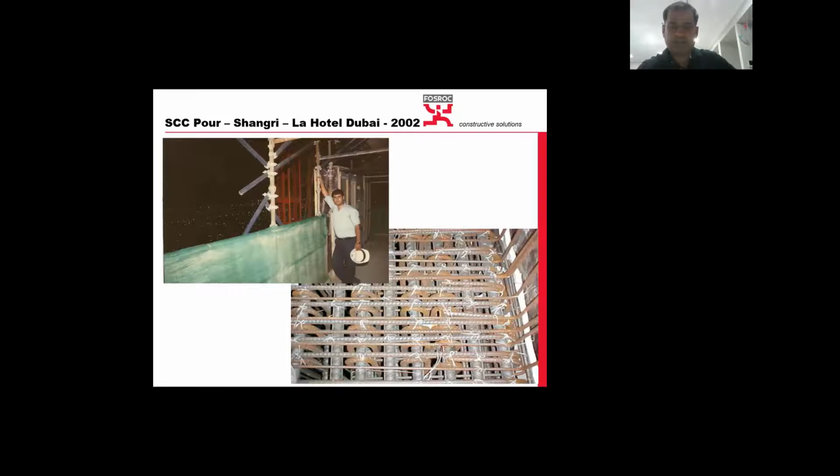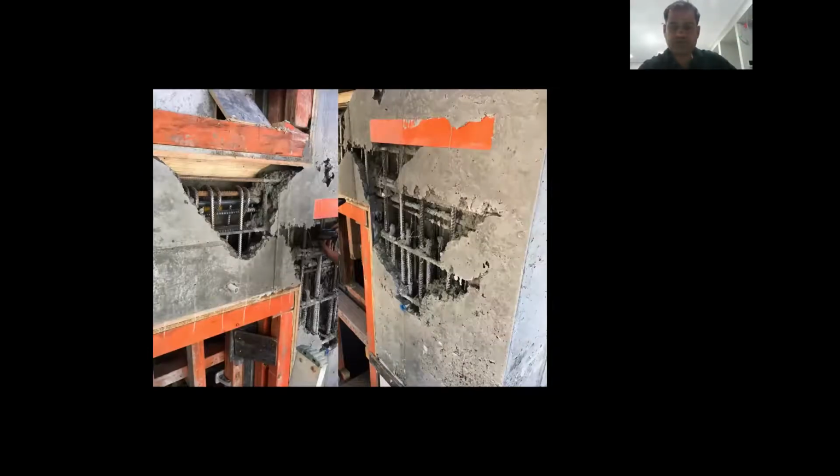So that is the point here, that we need to select the right products in order to have the right solution. This is a problem and a big honeycomb void, a project in Australia. I don't want to name it, but this is a defect in new construction. What does it mean? The engineer might say, knock it down. But these days,